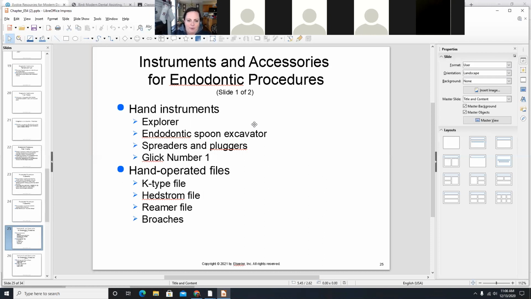So an Endo Explorer. An endodontic spoon excavator, again, very small, but with long,